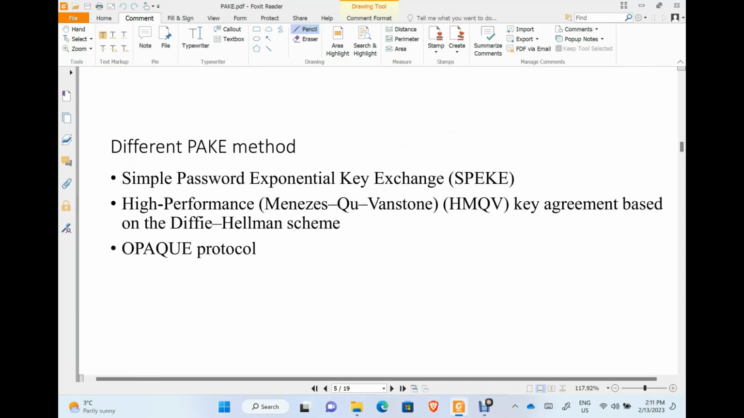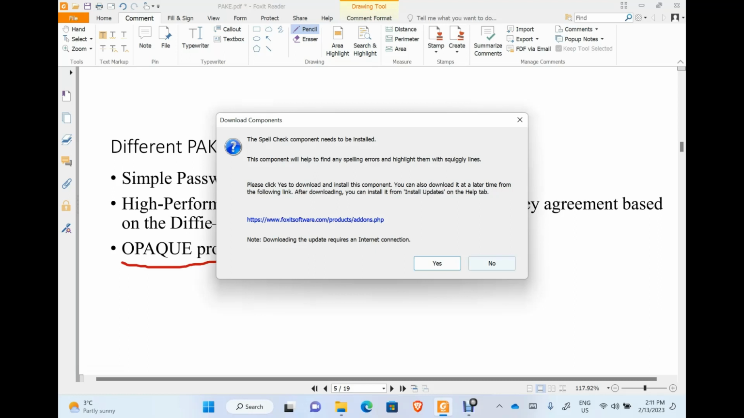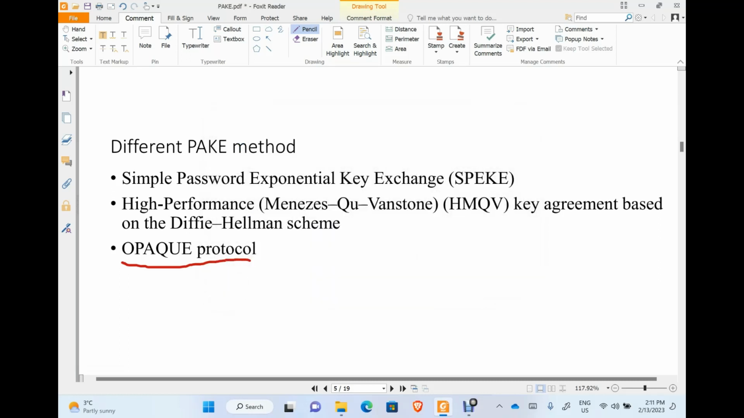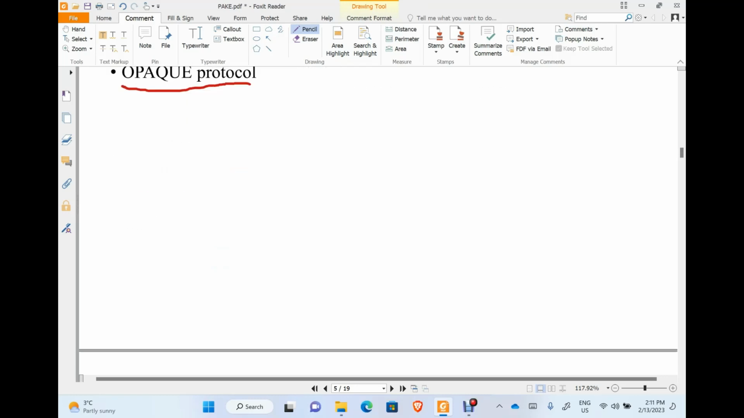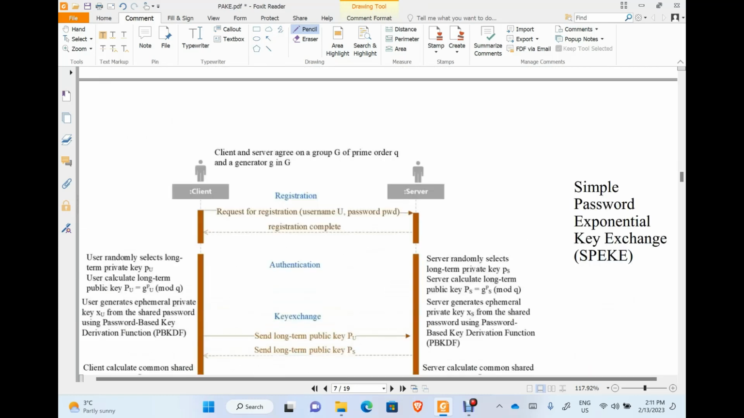Now I will discuss the OPAQUE protocol. Now the OPAQUE protocol is actually better compared to SPEKE and HMQV. Now why is it better? The first problem with SPEKE and HMQV is that the password is stored in the server. So it means that